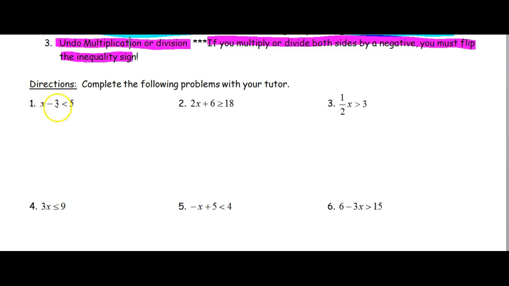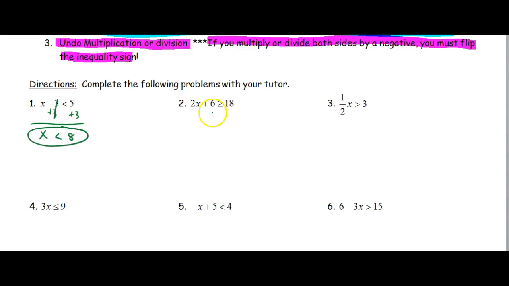Here, I have all my variables on the left, but I have to bring my constants over. How do I get rid of this 3? I go ahead and I add it. And when I do this, x is less than 8. Fairly simple. Okay? Number 2, I have all my variables on the left, but I got to move this 6